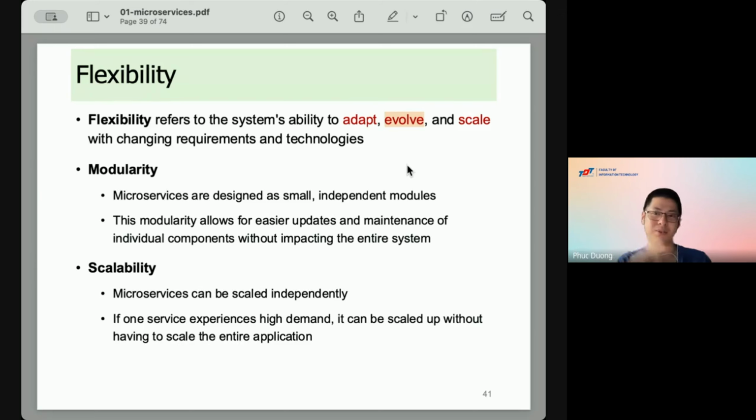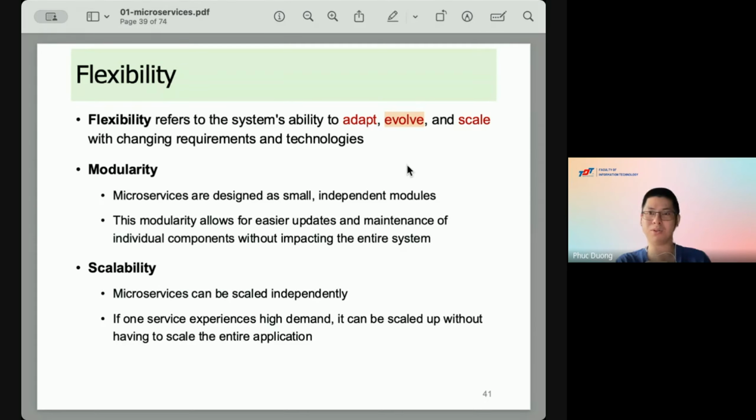Now you turn back to the first stage and ask, does our system have the ability to evolve? When you insert a new function into your system, do you need to re-implement the whole system one more time, or do you just implement the new function and have some mechanism to plug it in?